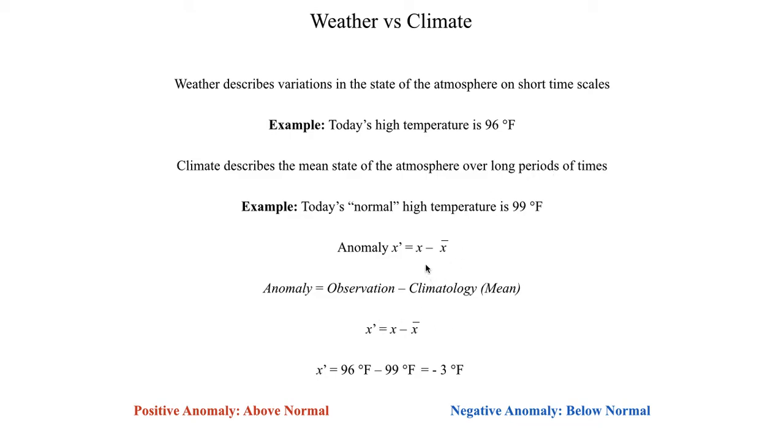Now, there is a bit more that has to go into this anomaly calculation, because there are some values in the atmosphere that can vary quite vastly, and there are some values that don't vary much at all. So high temperatures, especially during the summer, don't really vary that much from one calendar year to the next. Let's say June 30th, 2008, you get a high temperature of 99, and then the same day in June in 2009, you get a high temperature of 98, and then the same day in 2010, you get a high temperature of 100. You're not getting very much variation in the temperature.